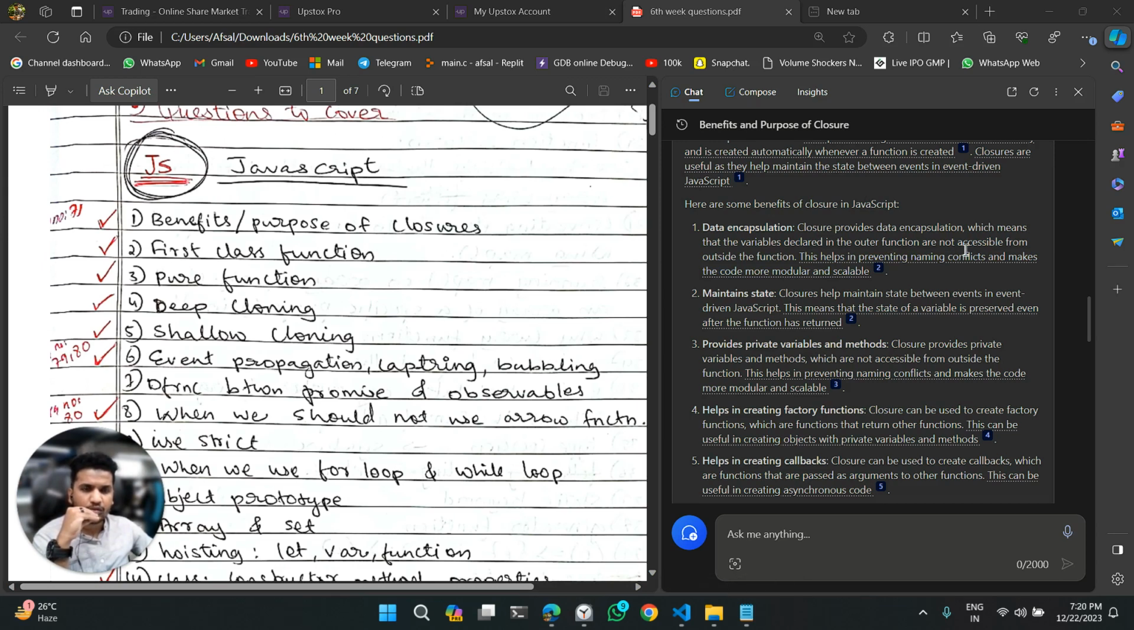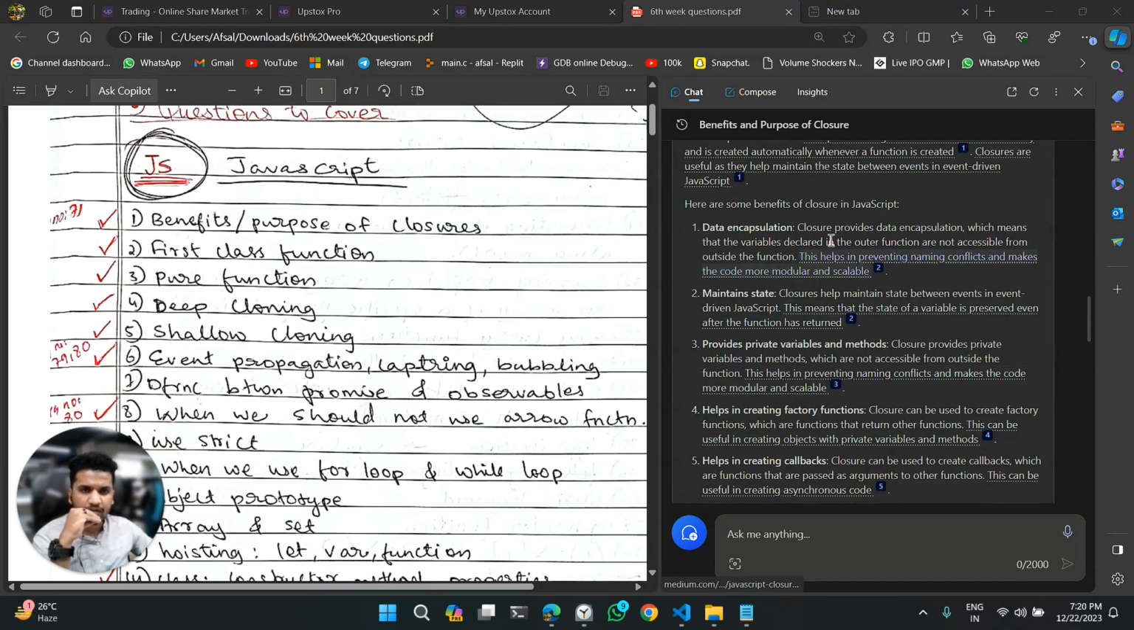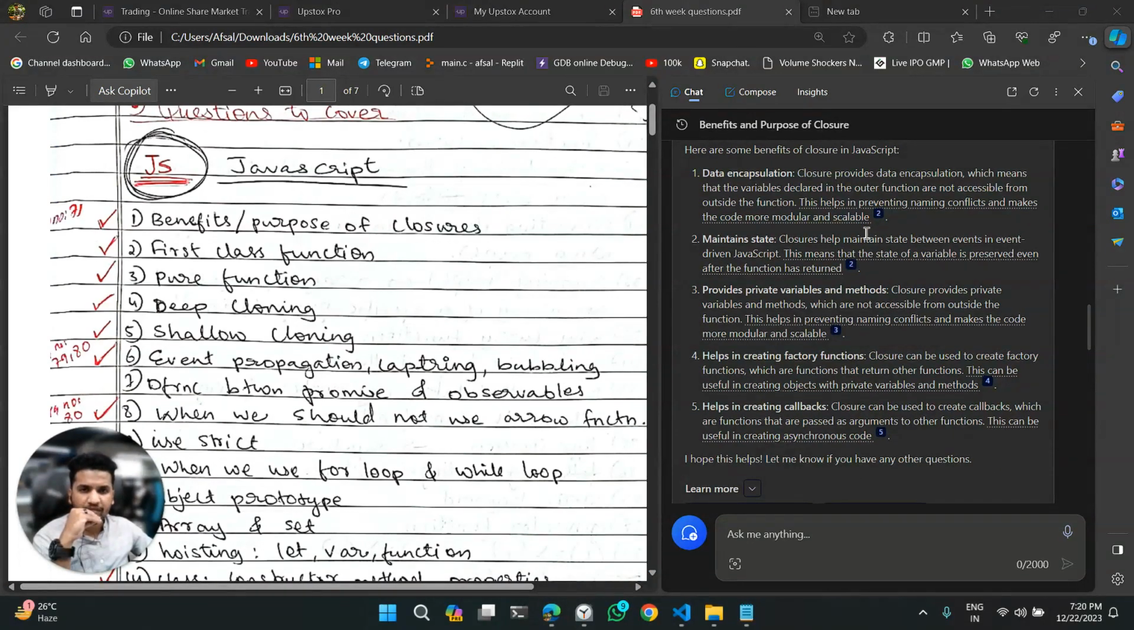The benefits of closure in JavaScript: the first one is data encapsulation and maintaining state. It provides private variables and methods, helps in creating factory functions, and helps in creating callbacks. These are the five benefits of closure. Closure provides data encapsulation, which means that the variables declared in the outer function are not accessible